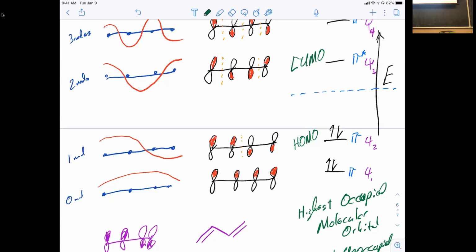They used to play around with SUMO and SOMO, but I'm glad at this level we don't talk about it. SUMO would be if it was singly occupied and singly unoccupied, which makes no logical sense. So don't worry about SOMO. If it is occupied, I lose the lowest unoccupied, the LUMO. If I move one electron, and one way to do that, as we'll also see in this chapter,